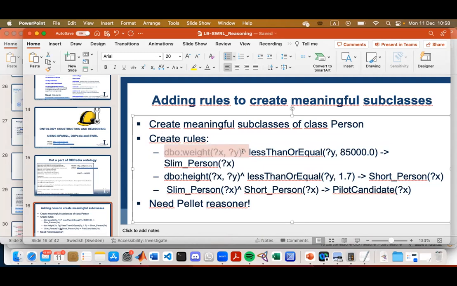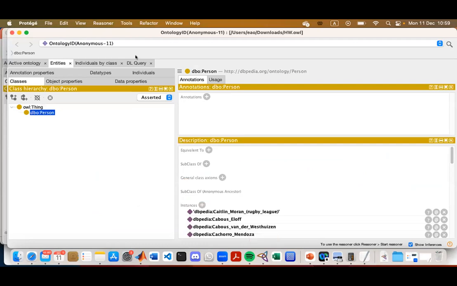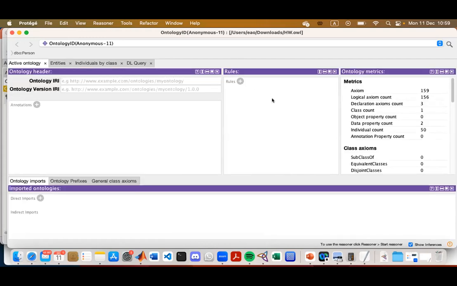So we start with this, and then I will let you go back. If we go to Active Ontology, I just configured it; by default this pane is not in Protege.